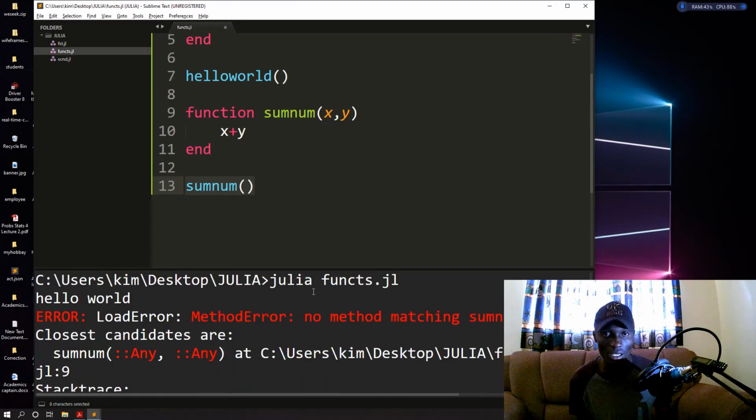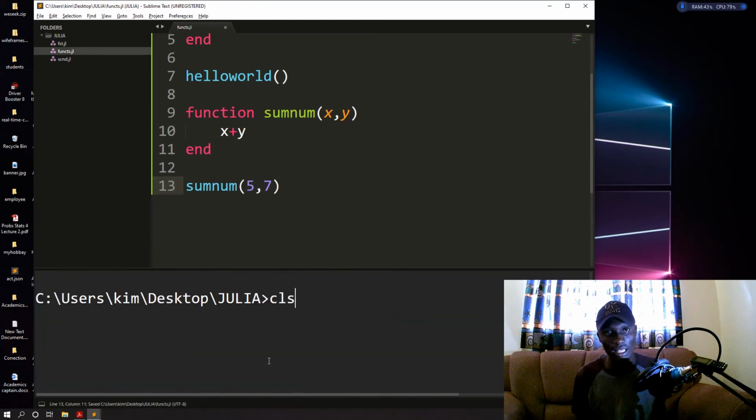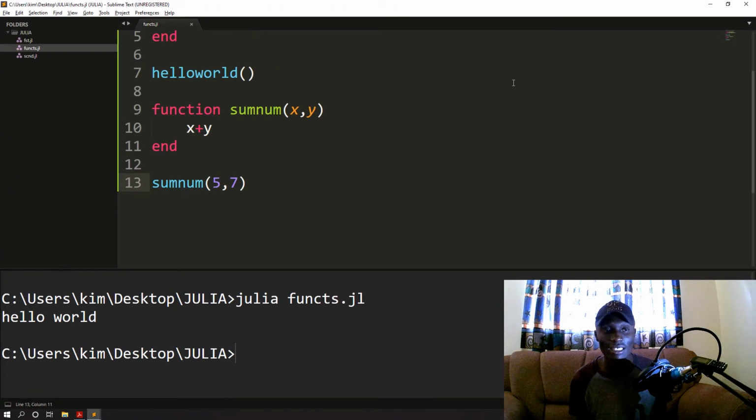What happened here? No method matching sum of numbers. Now you see, we are getting these errors because we did not pass the numbers we want. These are arguments x and y. So whenever you want a function to use values that you will be supplying from outside the function, you pass these things called arguments. It can be 1, 2, 3, 4, as many as you want, but you also have to define the values here. Here we could be passing 5 and 7 to be summed. Let me clear that, sorry, but that was really nice, getting the error so that we know.